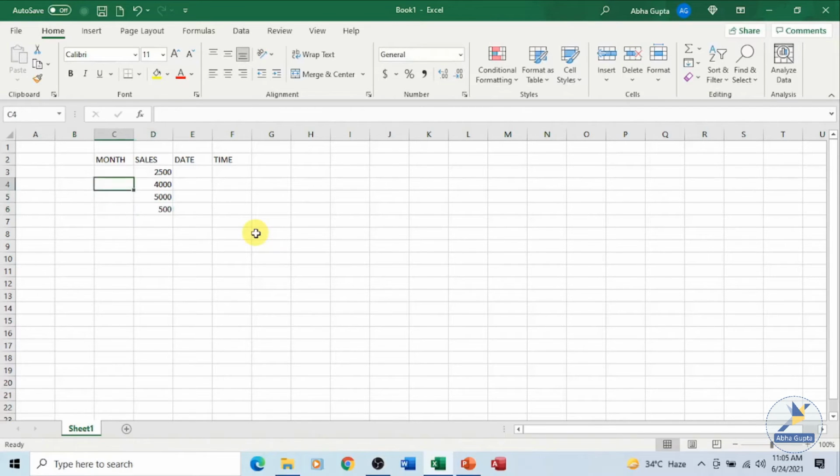Let's put some months for this particular column here. Say we are trying to enter the month sales for each of these months. So we have in column C some text type of data which is left aligned, and in column D we have sales data, numbers which are right aligned.